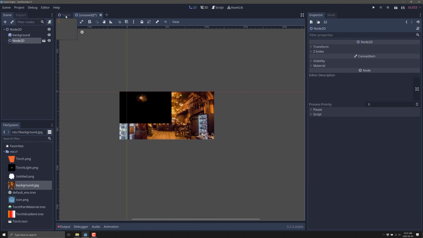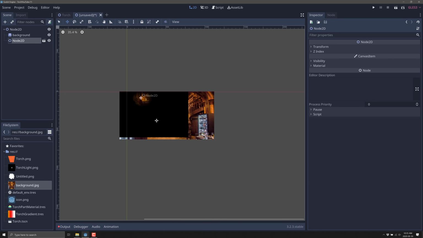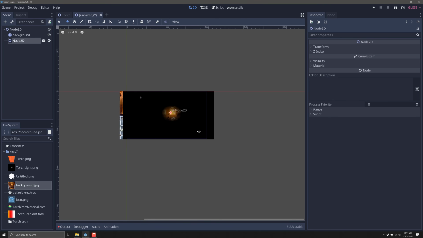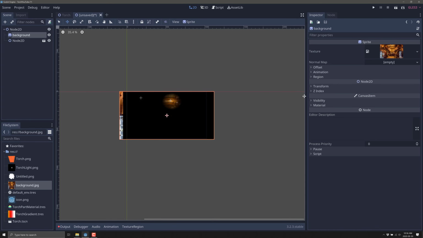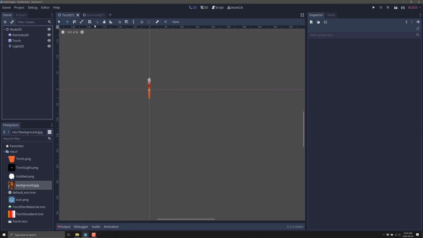So what I'm going to want to do is go back here, and we'll set that scale up a little bit higher. So we'll set that to 4. Save that, go back over here, and then you're going to see the results. So you want the torch mask to be big enough that it fills everything around it. We can even make that even bigger. So we come back here, back to our torch, and we'll set that to 5 instead. All right, I didn't save that. Head on back over here.